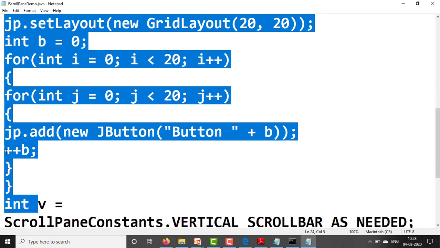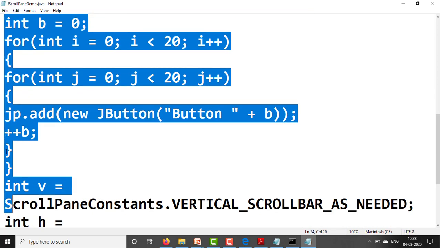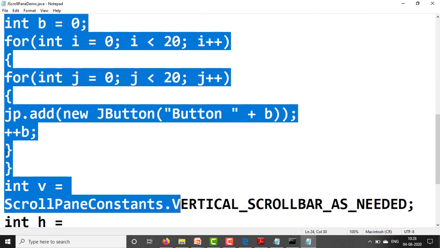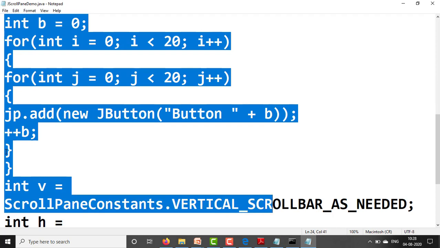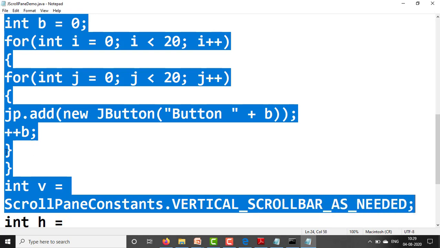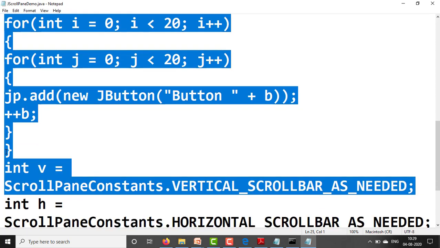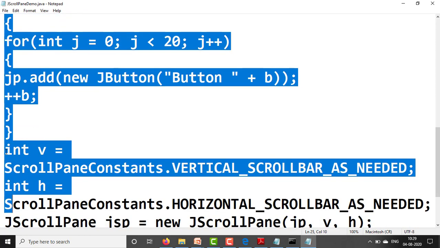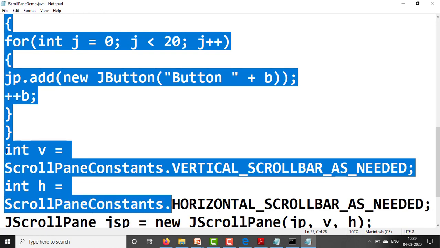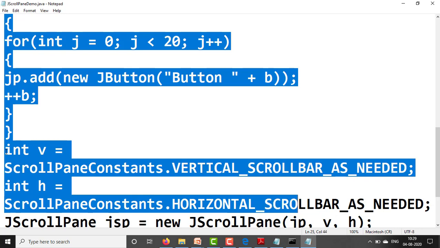Next, integer v equal to the scroll pane constants: ScrollPaneConstants.VERTICAL_SCROLLBAR_AS_NEEDED. If required, then the scroll bar is generated. In the same way, integer h equal to ScrollPaneConstants.HORIZONTAL_SCROLLBAR_AS_NEEDED.